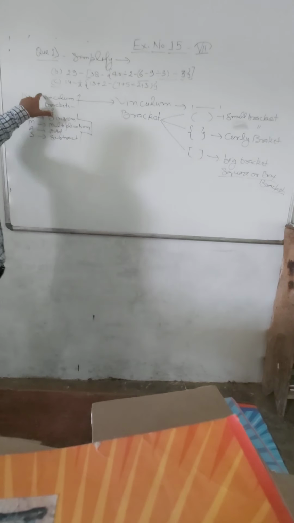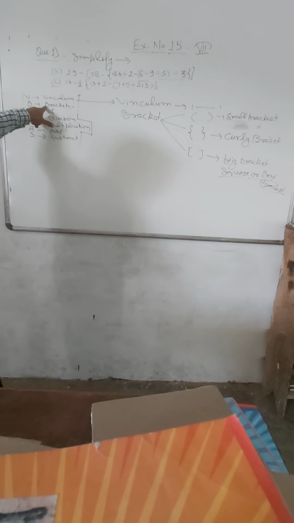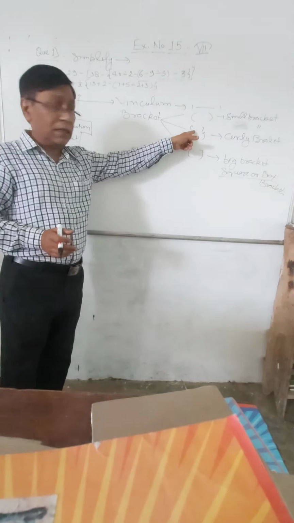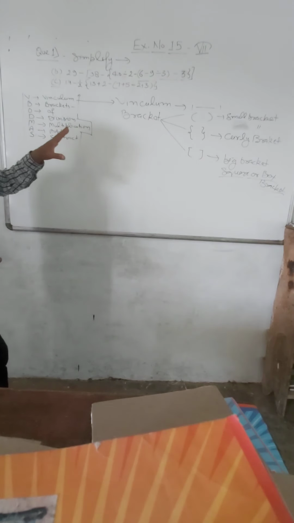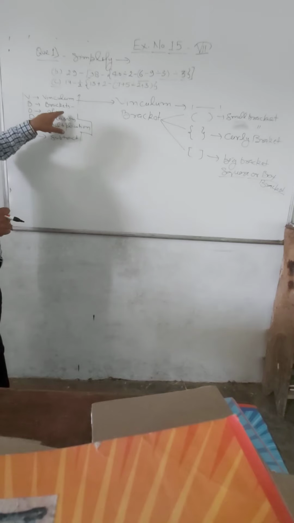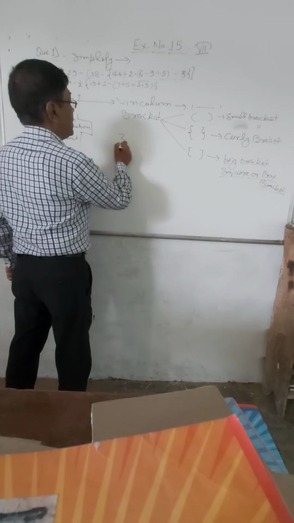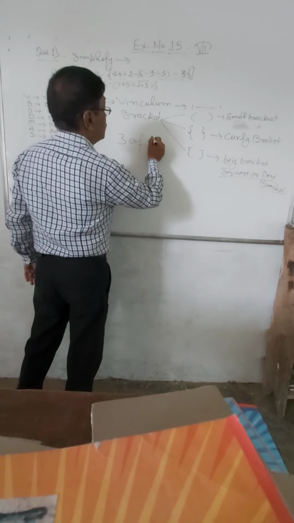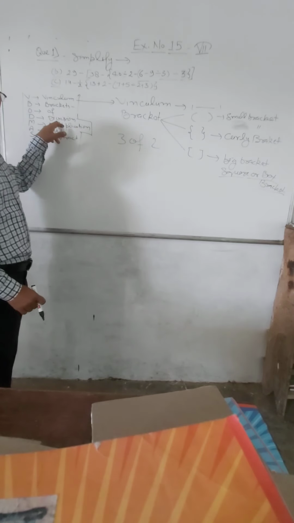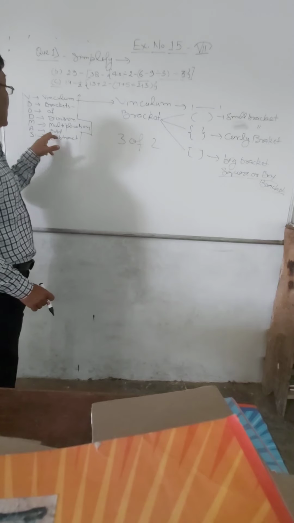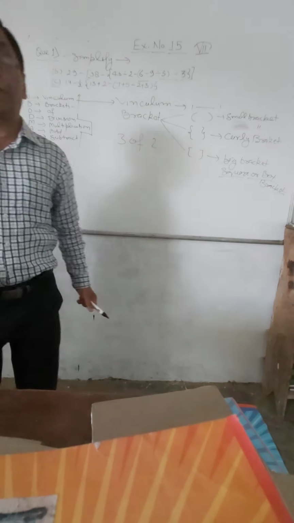So first you solve the line bracket or Vinculum. After that the brackets: first the small, then the middle or curly bracket, then the big bracket. In this sequence we will solve; it will be clearer when we solve. After that, if "of" is written anywhere, solve it, then division, then multiplication, then addition and subtraction. Now we will start solving the problem.